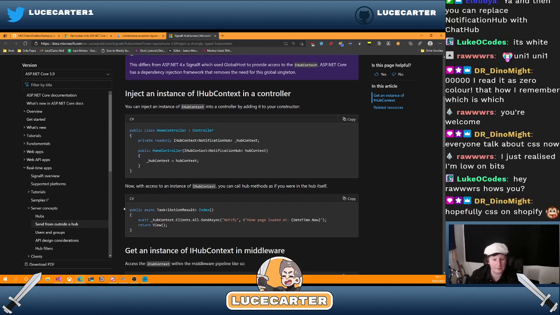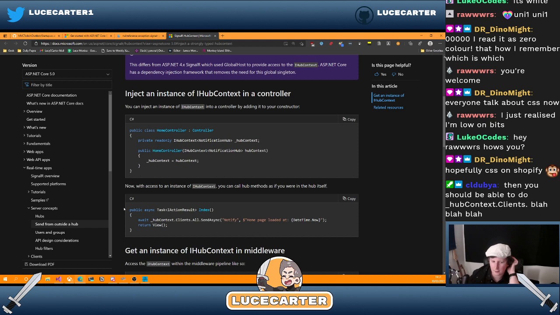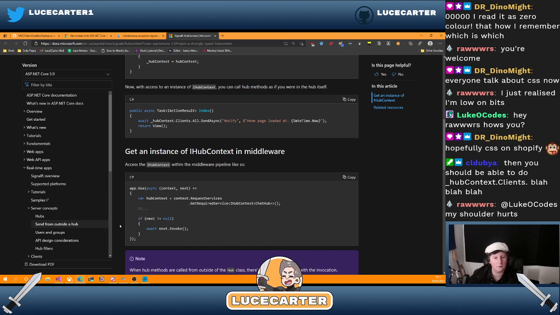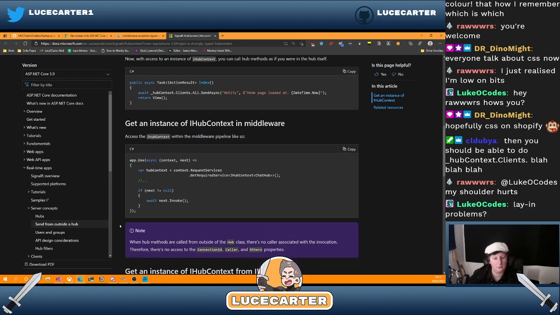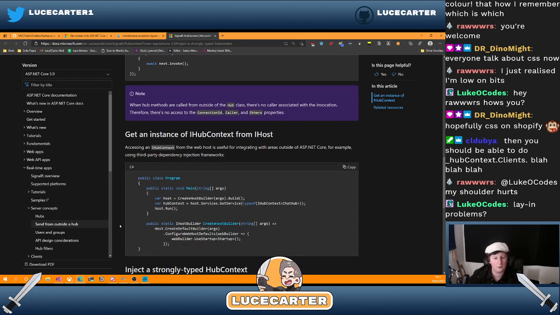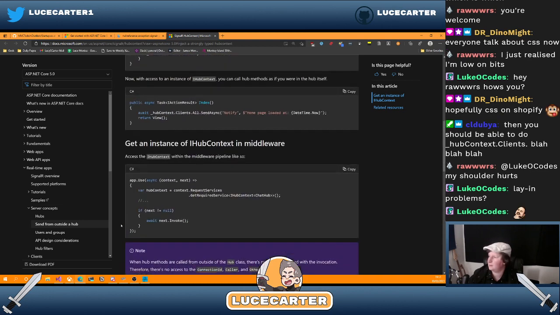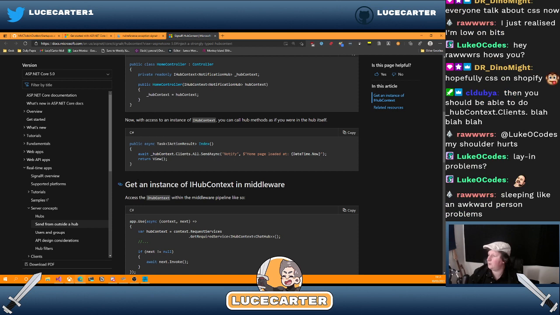Now with the access to instance, you can call hub methods as if you're in the hub itself. Okay. If next dot equal to null. Sleeping like an awkward person problems. Okay, so